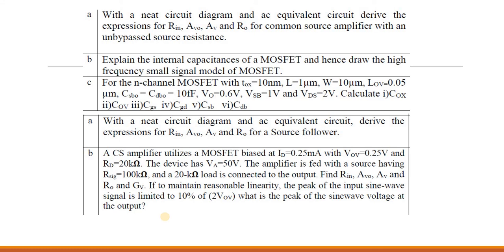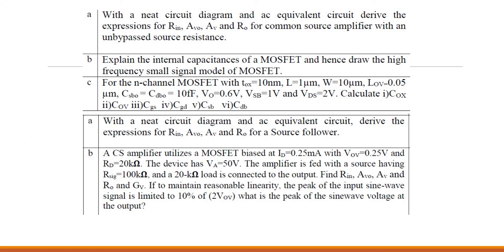And next comes the recommended questions from these topics. Very important. So these are the questions that have been asked in the model question paper. Why I am discussing this is because yours is a new scheme, the 18 scheme, so you may expect the questions from the model question paper. The topics we have discussed so far are the common source amplifier with source resistance and without source resistance, then the source follower, and then internal capacitance, and one problem under internal capacitance. All these things we have discussed.